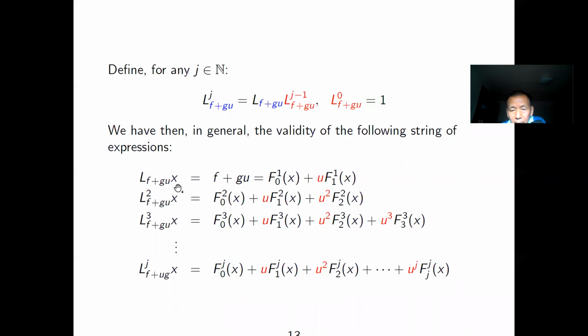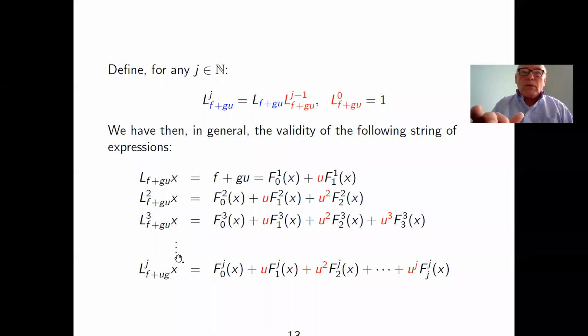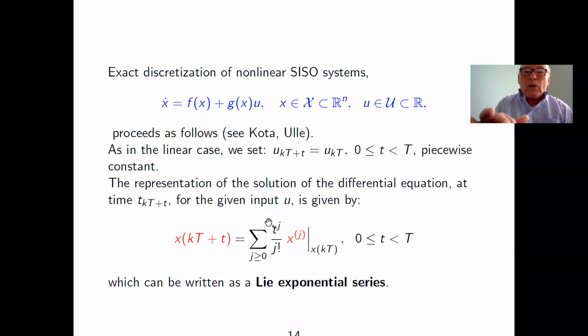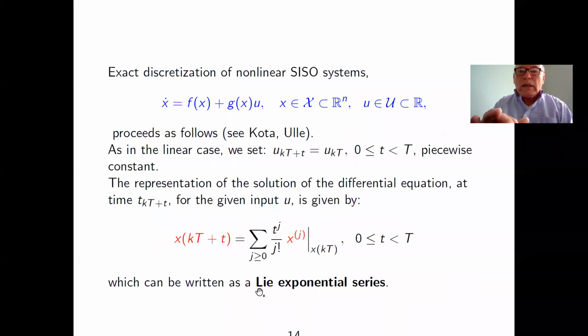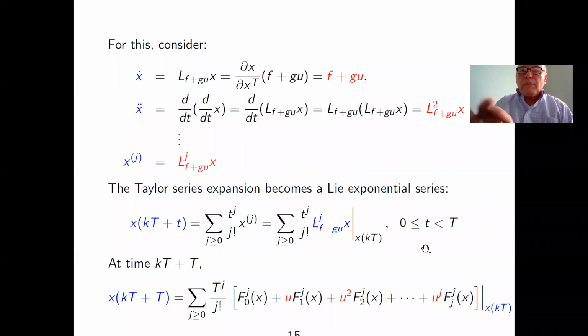This is the reason why we took the trouble of doing this expansion, so that we could use it in this Taylor series expansion. And of course, since we'll be involved in all these directional derivatives or Lie derivatives of the vector function x with respect to the control vector field f plus gu, we call that a Lie exponential series. And the Lie exponential series is simply,